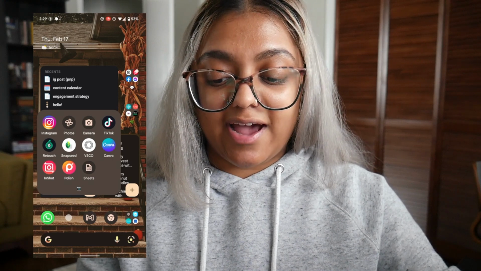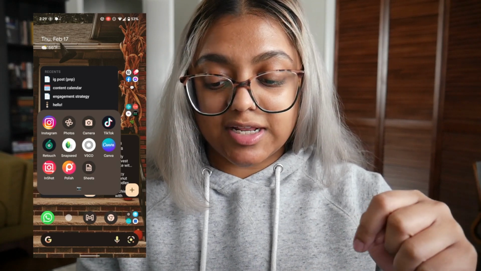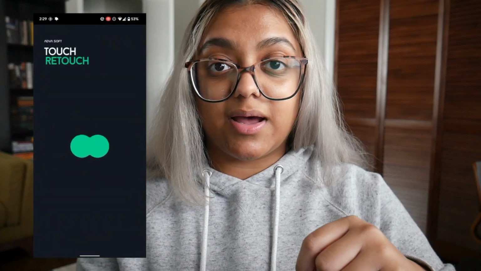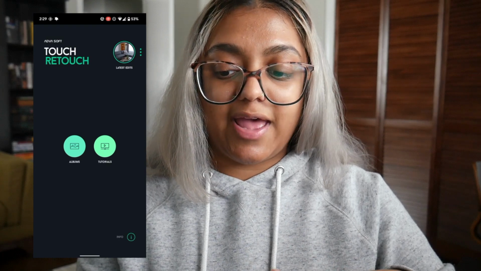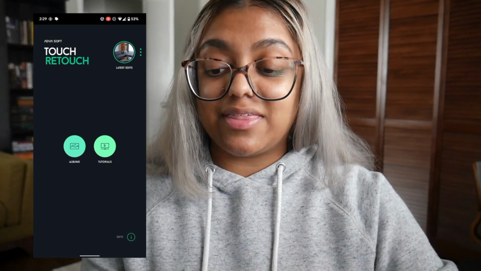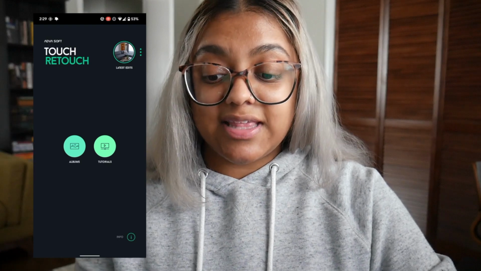So the other things that I have here are Retouch. So I'm just going to click onto it. This app is a paid app. I believe you pay a one-time fee. I've only paid once for this app, and it's incredible. There's no ads, nothing like that. And essentially what it is that you can